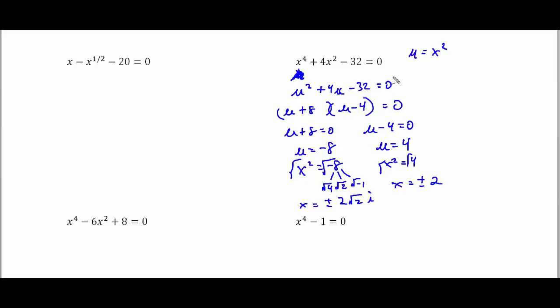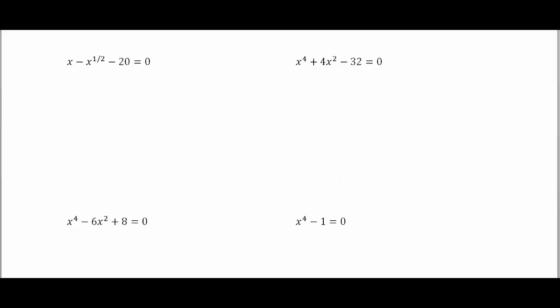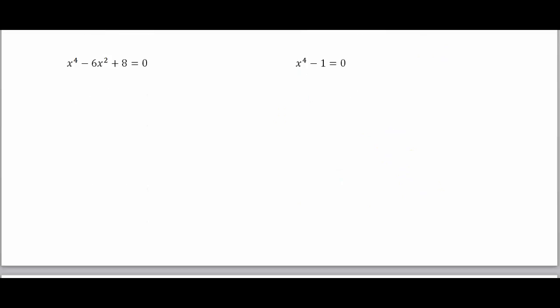So this power to the fourth equation is going to have two real solutions, plus or minus 2, and two imaginary solutions, plus or minus 2 square root of 2i, which we would not see because it never crosses the horizontal line. So we would see the two real answers and the two imaginary answers for that problem. Okay, so for our final two problems here,